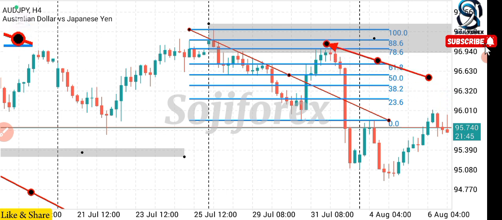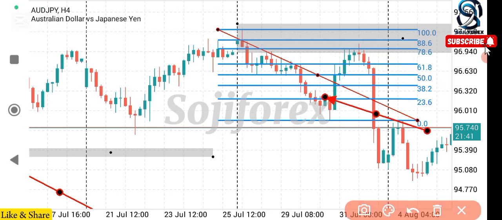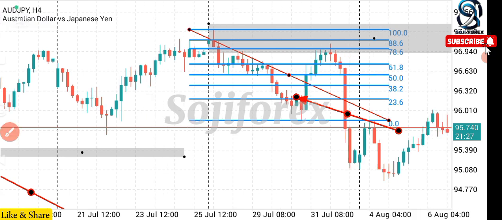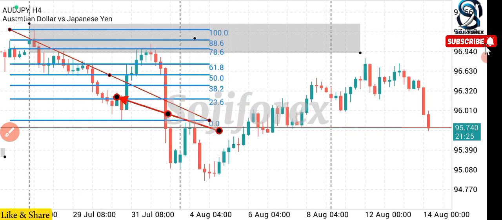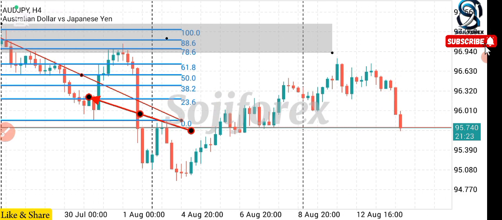And when we get to the 78.6 zone, we now have this candlestick pattern. We have that evening star formation and then the bearish engulfing candle. So we sell. You sell from that zone. Imagine your take profit. Imagine your stop loss. So you can see how this works out perfectly well. So you can go on and on. This is the